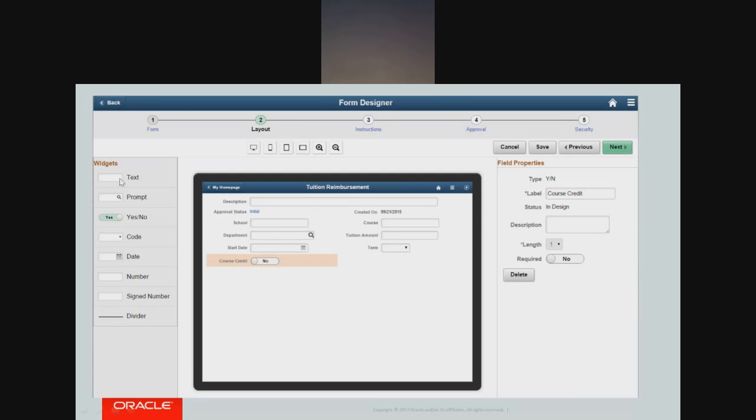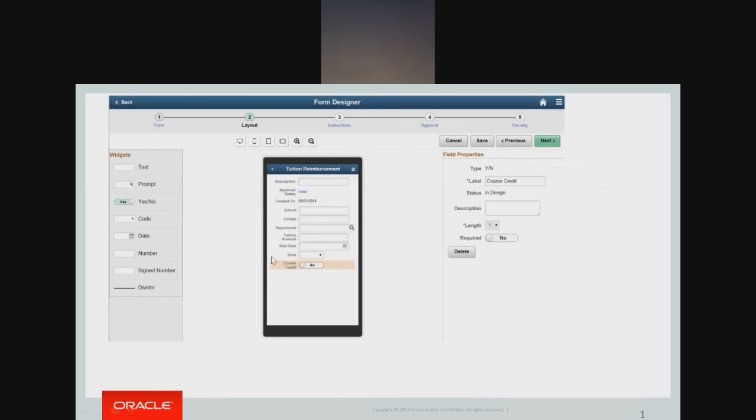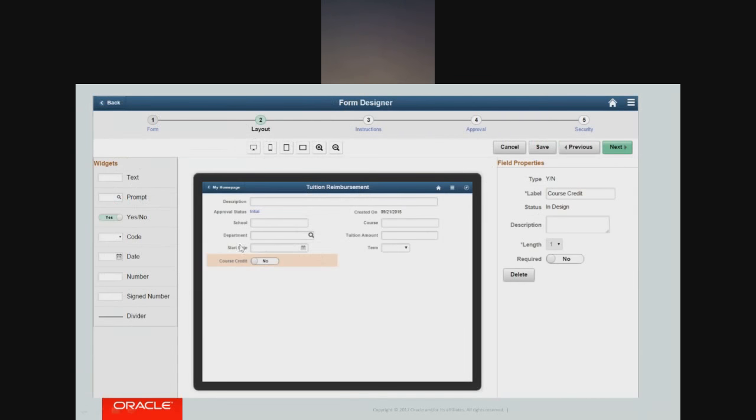The way this form gets built is you simply take things from this left-hand widget section and you drag and drop things. Oops, I didn't mean to go to the next slide. You drag and drop things into your panel to be able to identify what the label should be, what the length is, and you can set different fields as required. So as you're gathering information, and this is meant to be from an end user, you'll be able to sort of set some